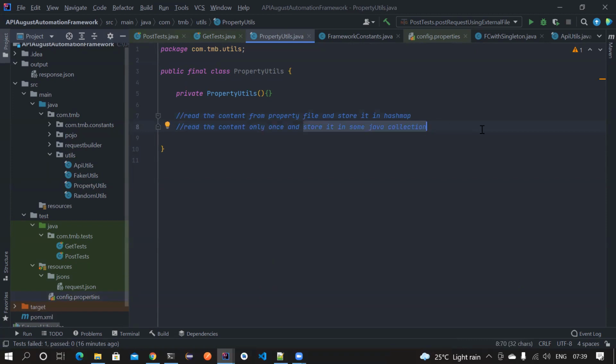There is list, map, list of hash maps, a lot of available options you can use to store any information in a particular collection. So don't make multiple calls to the external file. That is absolutely bad. People are not worried about it much, but as a good coder, you don't have to do it. So now our intention is to read a property file and store it in a hash map,